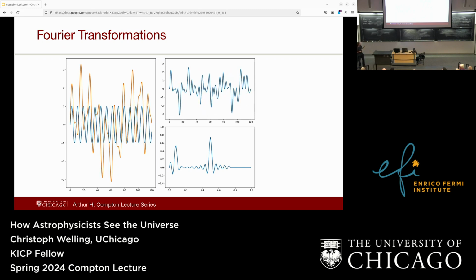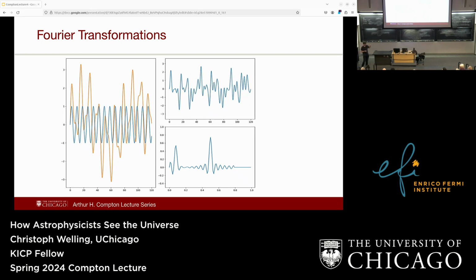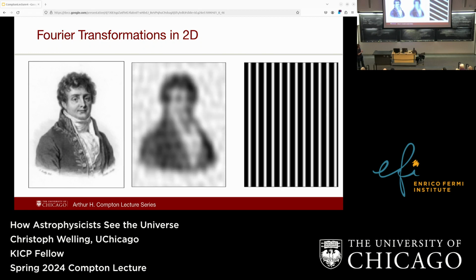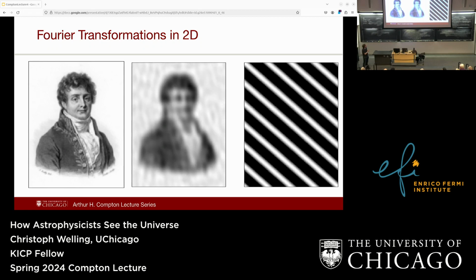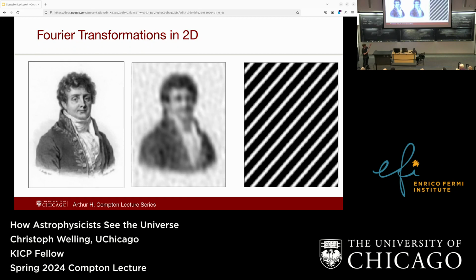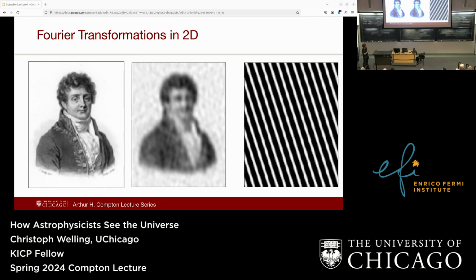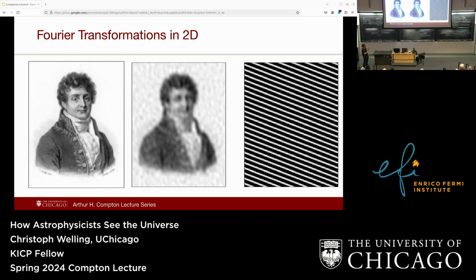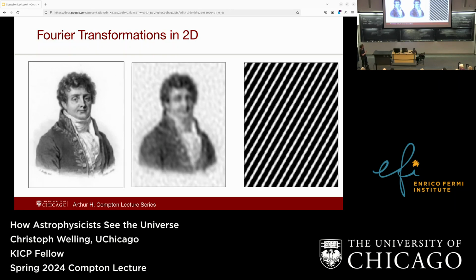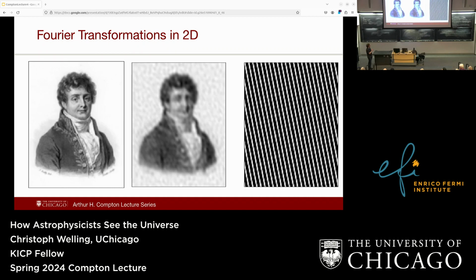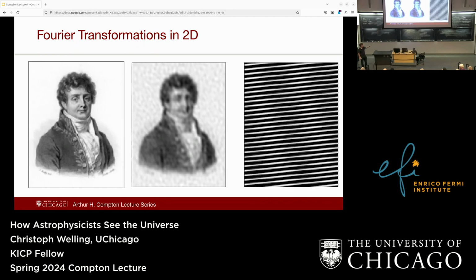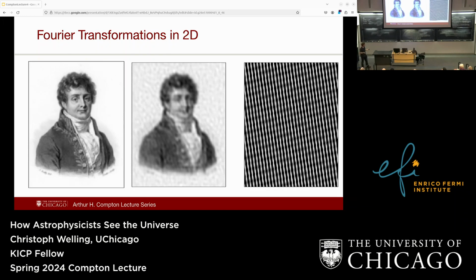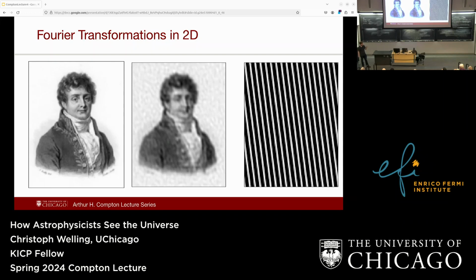Okay. Now I can also do these Fourier transformations not just in one dimension. I can also do it with 2 dimensions. So this is a picture of a guy, Joseph Fourier, and now I don't have just a one-dimensional wave. I have a bunch of 2-dimensional waves. This is just the brightness information, and I just add these all up. Because this is a picture which contains a lot more information, I have to add up a lot more of these. But you can see that pretty quickly I get something that's really close. And if I let this run for longer and longer until I have all the important waves added up, I would again get the exact same result.